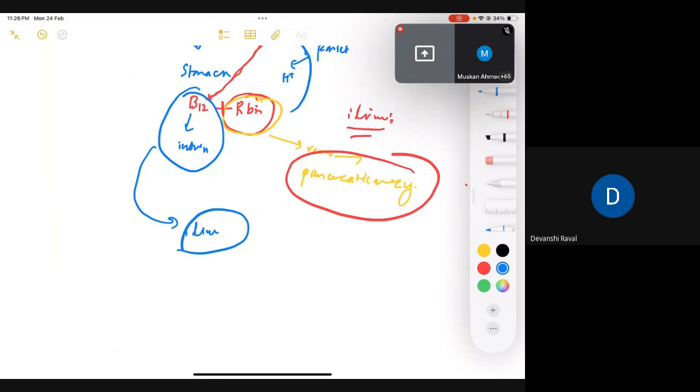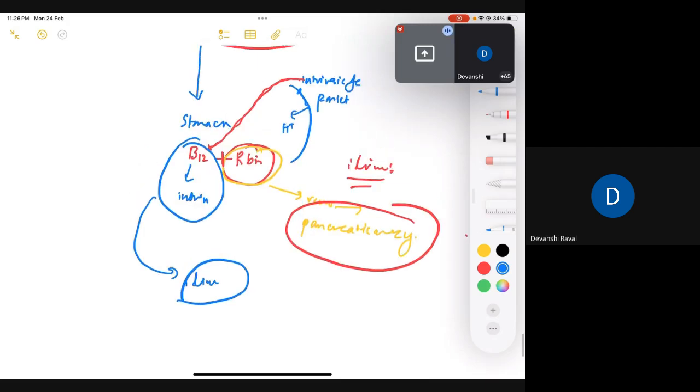Because then those vitamins which are forming in the pancreas won't be able to reach because of the pancreatic insufficiency. They won't be able to digest and do their function. Okay. Can I simply say that if you have pancreatic insufficiency, I cannot remove R binder,